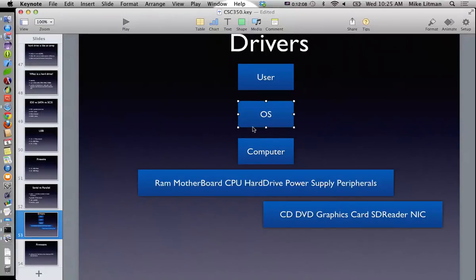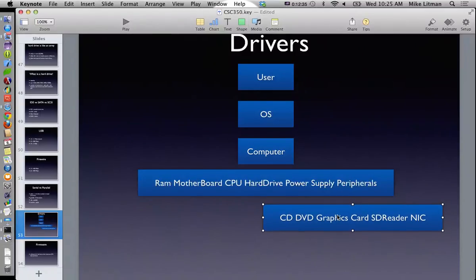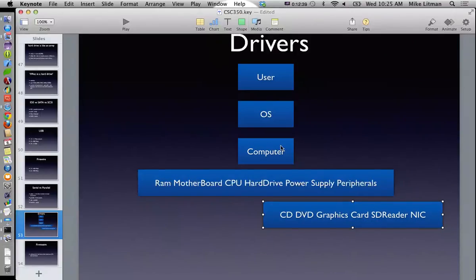You already told me that drivers are software that control hardware, right? What's an operating system? Isn't it software that controls hardware? What's the difference? Drivers are added to the operating system. Okay, drivers are an element of the operating system that sit between what? Between the hardware and the operating system. I think that's fair.